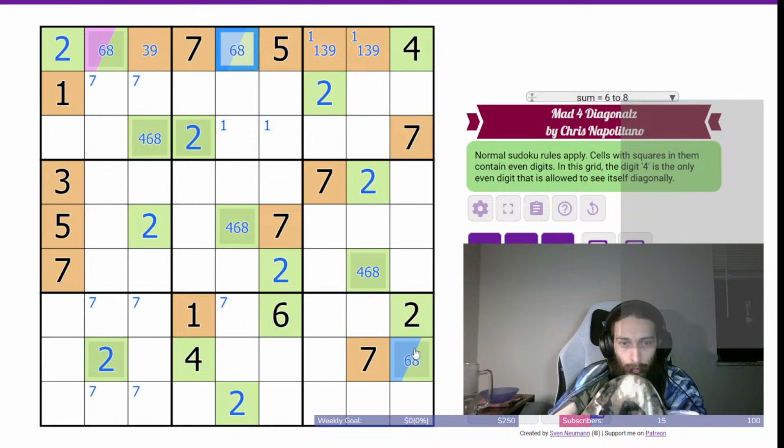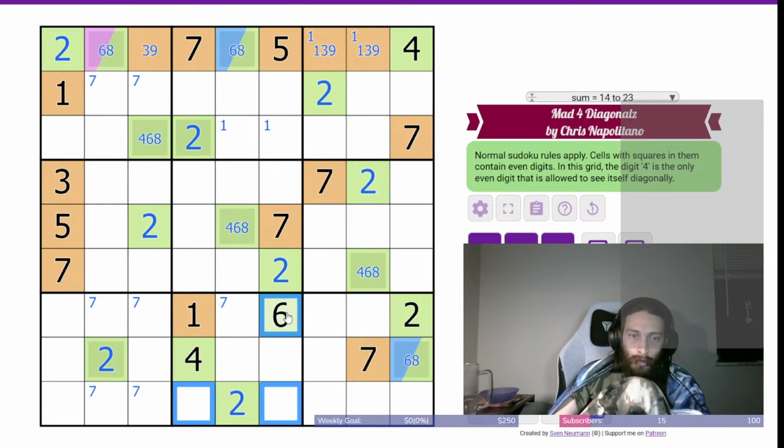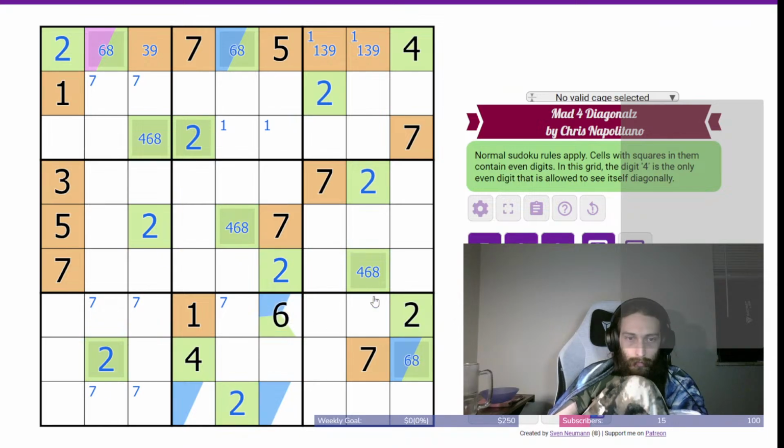So focusing on blue, can't be here or here. It can't be a 1. That's too many options, I think. I'll highlight them anyway, but